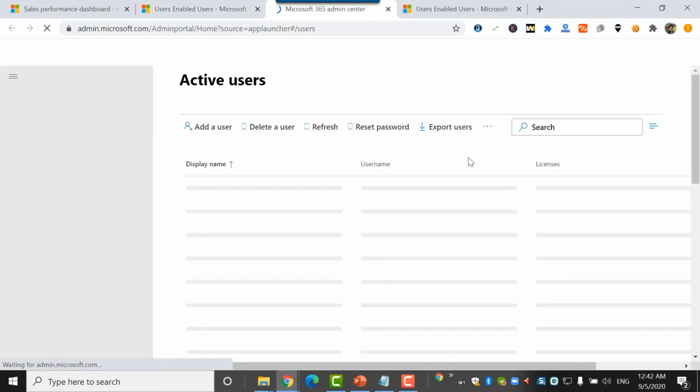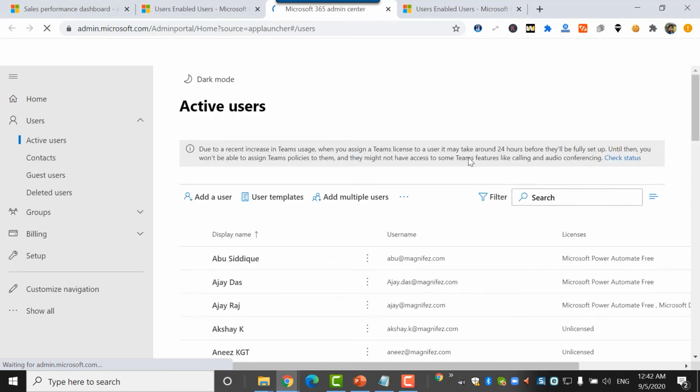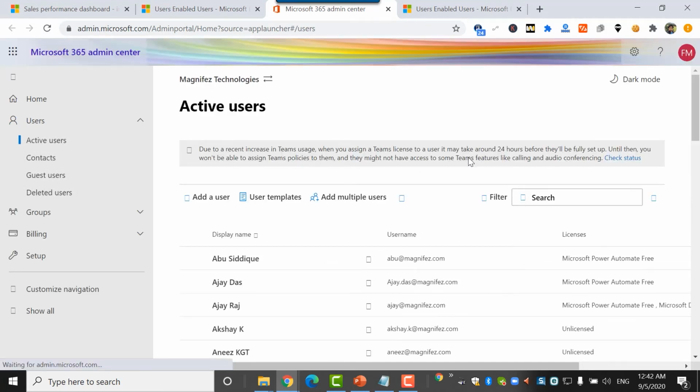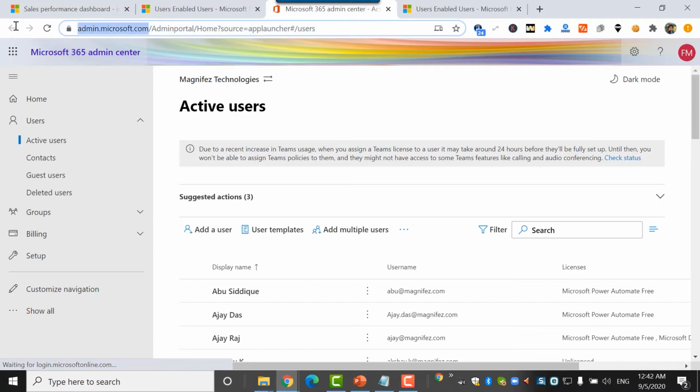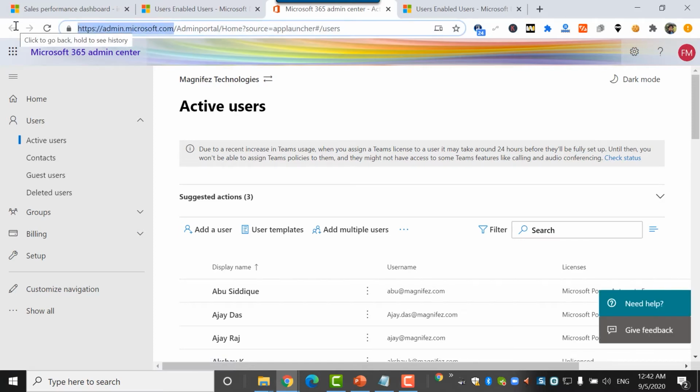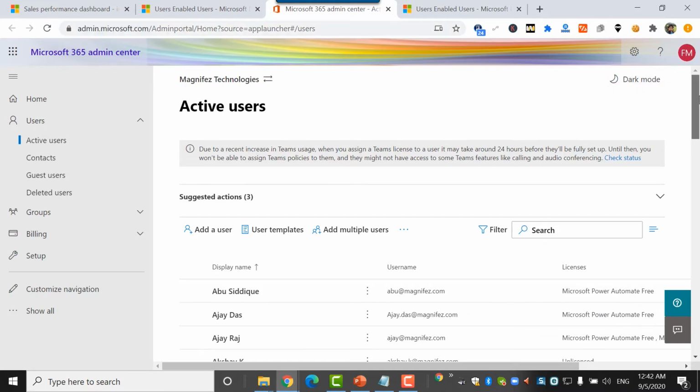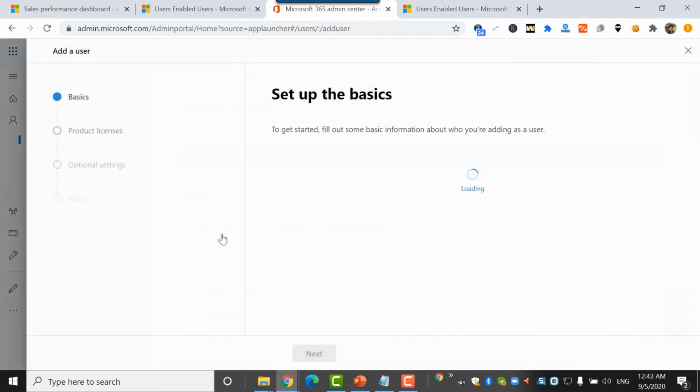If I want to create a new user in the customer engagement application, first of all, I have to create a new Office 365 user. That's the first step. You can see here, I'm in the Microsoft administration panel. Here I'll be able to see the list of all the users inside my system. Some of them have a license assigned to customer engagement. Here I need to create a new user, so I click on add new user.